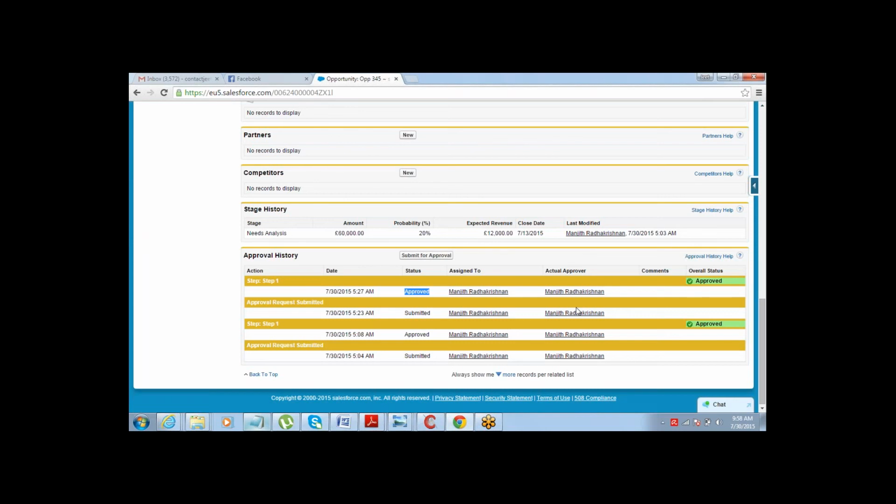Again, it depends on whether your approver is comfortable with that email response thing, whether he wants to approve through email response, or he wants to approve by clicking on the link. Depending on that, you will enable the approval response or not. Okay. The problem with this email response is anyone can approve. I mean, if I am using your email, I can also do that. It does not require you to log in with the login ID and password, right? So there's a little bit of concern for security reasons, right? But otherwise, it's a faster way of doing things.